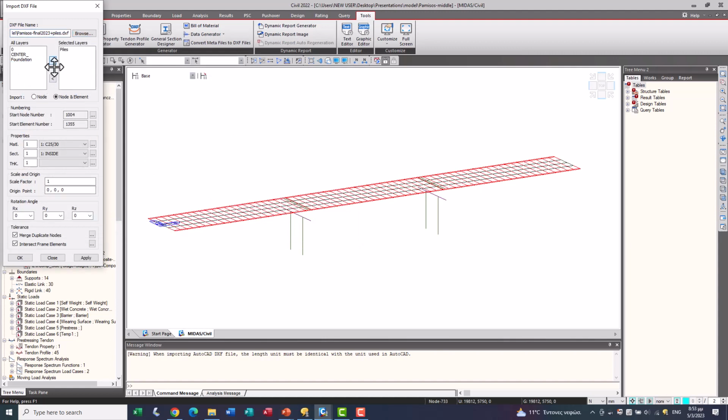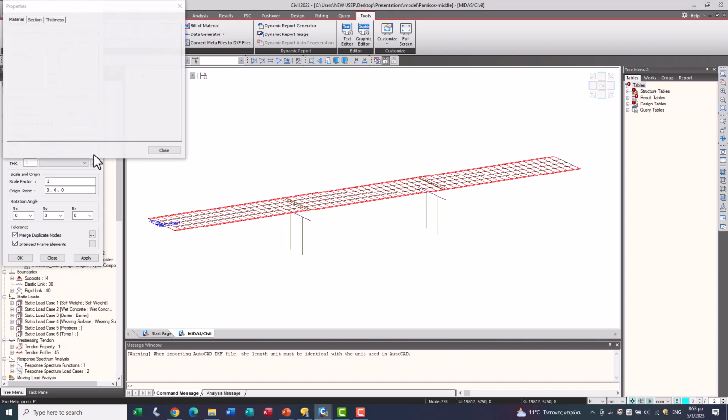First, we choose to import the piles. Now, because we haven't assigned any cross-section, we will define a new cross-section for the pile.